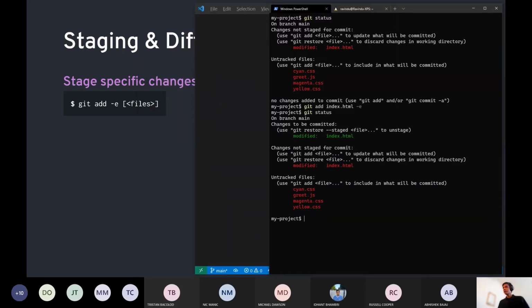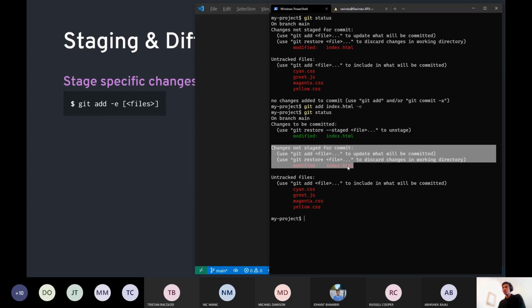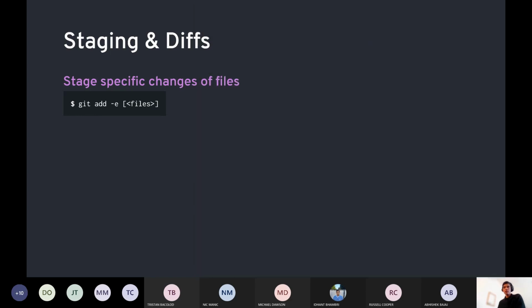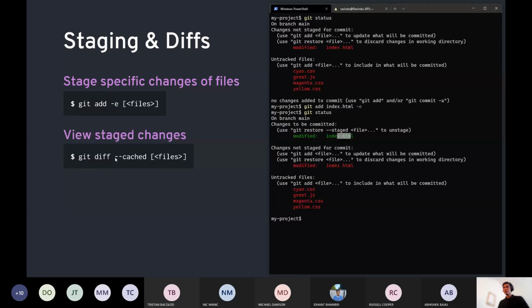And you'll notice now that Git shows index.html in two kind of sections. So this is the section for changes that aren't staged, and that's the section for changes that are staged and therefore will be included in the next commit. So if you want to view these changes, you can use the git diff --cached command.